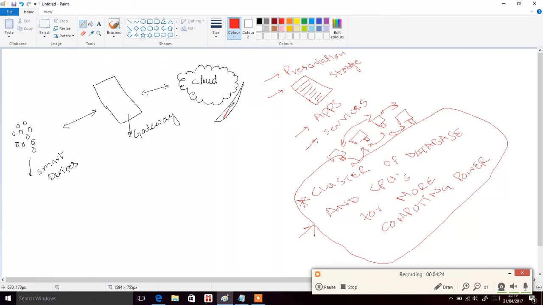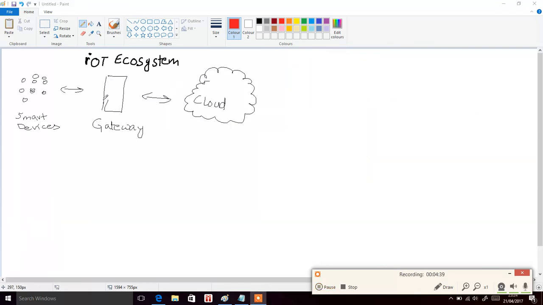So this completes our basic discussion about the cloud, and now we'll talk a little bit more about the IoT gateway. Now we talk about our second and very important part in the IoT ecosystem, that is the IoT gateway, or a smart IoT gateway. This smart IoT gateway or intelligent IoT gateway is